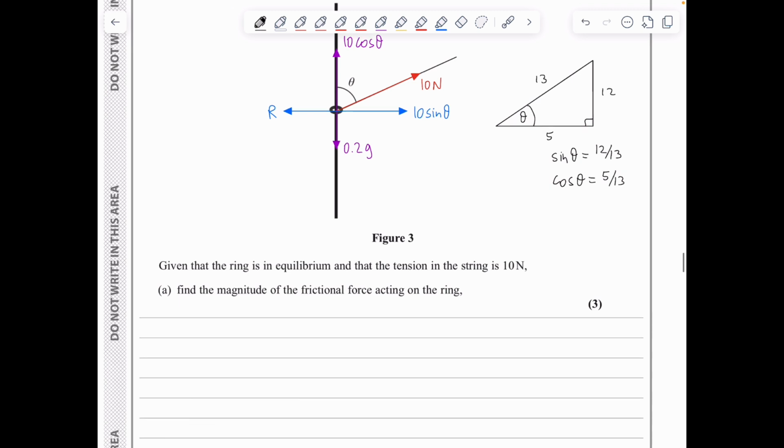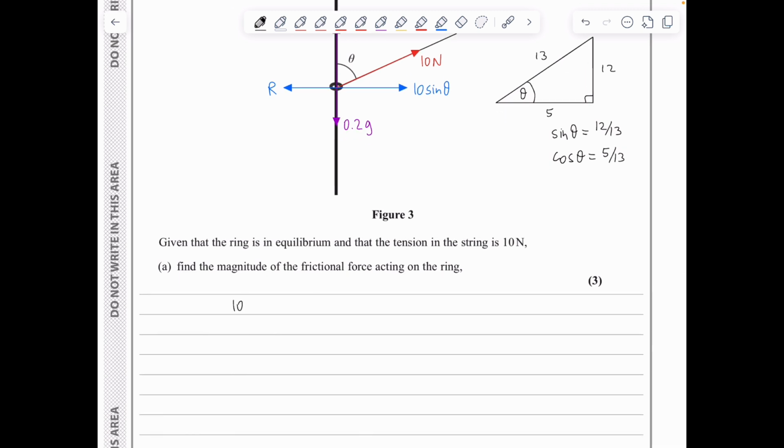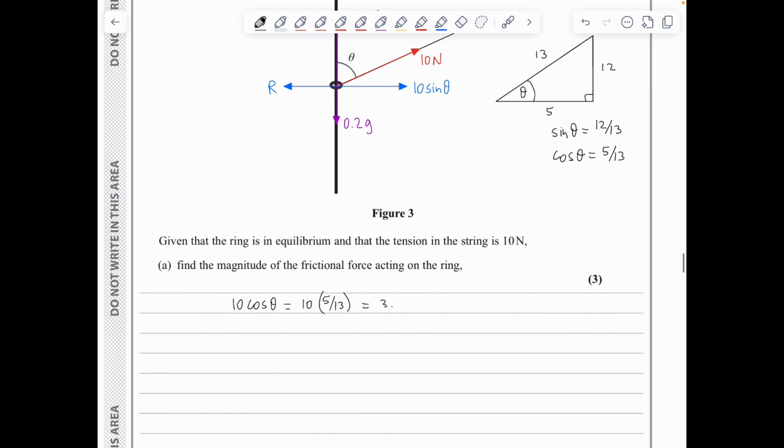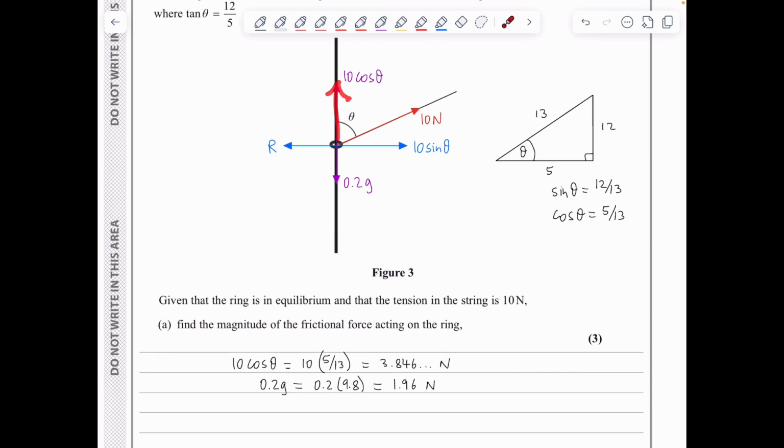So we've got 10 cos theta being equal to 10 times the value of cos theta, which is 5 over 13. This gives an answer of 3.846... newtons. On the other hand, 0.2 g is equal to 0.2 times 9.8, which gives an answer of 1.96 newtons. So obviously the force pointing upwards is greater than the force pointing downwards, so the friction must be